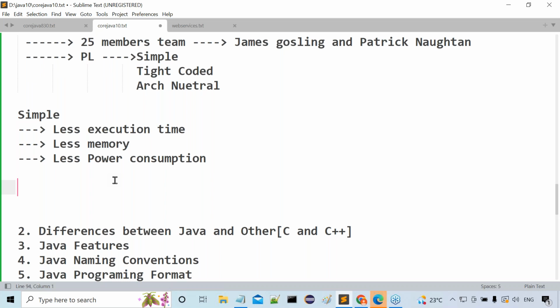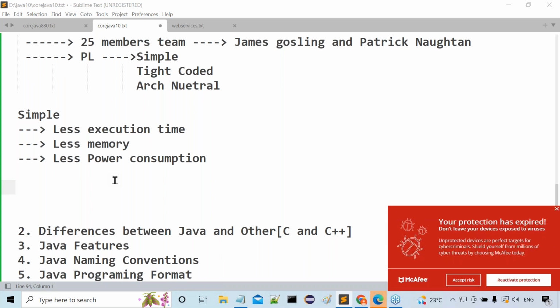If the software program is interacting with the hardware more, battery consumption will be more. If my software program's interaction with the hardware is less, my battery consumption will be less. Very clear information. If the software program is interacting with the hardware with more actions, power consumption will be more, energy consumption will be more. If it interacts in a lesser manner, energy consumption will be less. Take a minute for it.